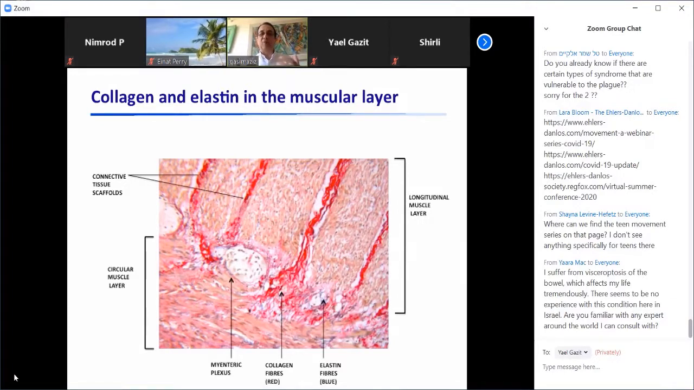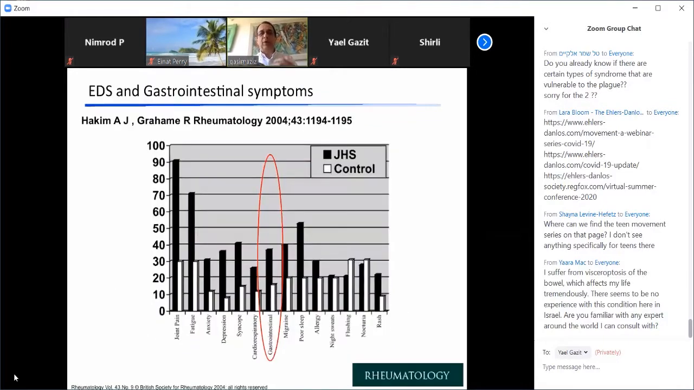The gut may not move very well. It may not sense very well. And in fact, that is exactly what was described in this classic original paper by Professor Graham and Dr. Hakim, where they demonstrated that not only patients with joint hypermobility syndrome, as hypermobile EDS and HSD were called before the new classification in 2017, not only do they have joint pains, fatigue, and various other symptoms, but they also have